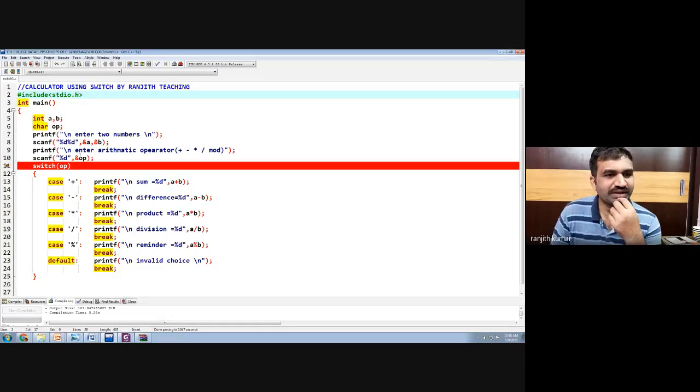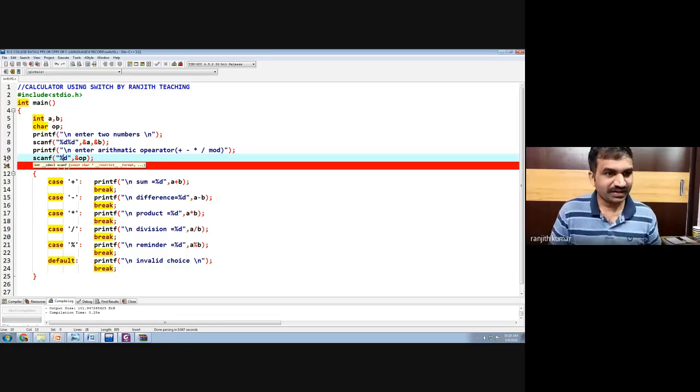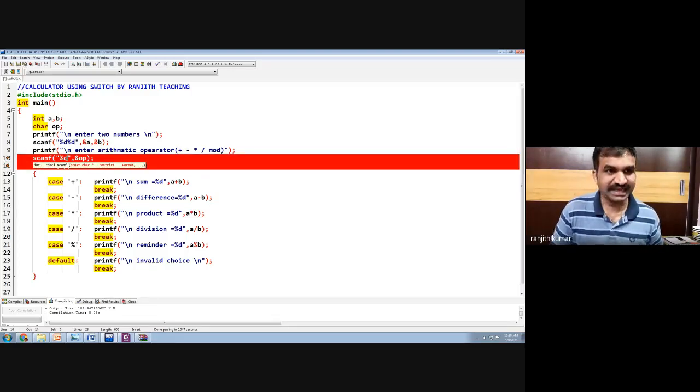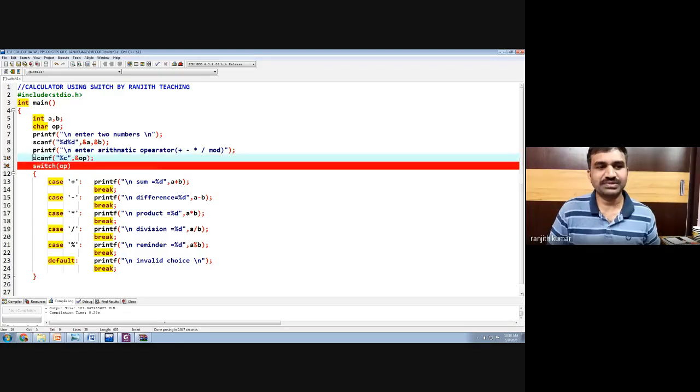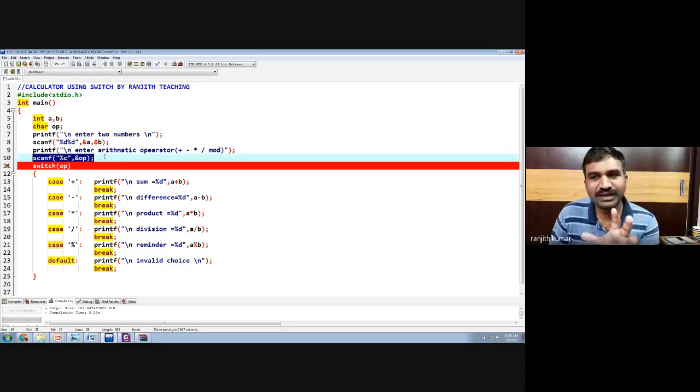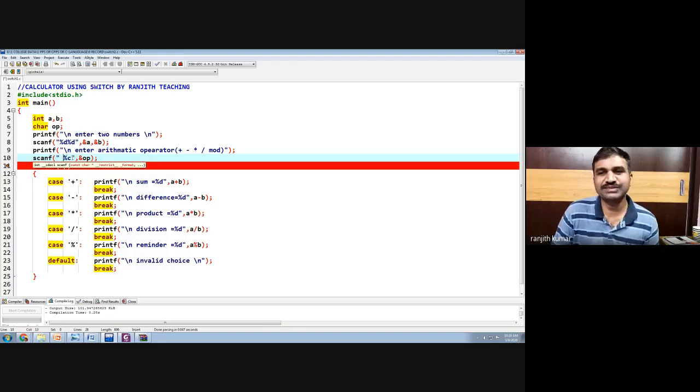So make sure you enter correctly. So sometimes what will happen, people? Make sure your character input uses %c as the format. In this program, these are the mistakes people will make. Always the character inputs must be taken with %c, and if possible, try to have a space so that if any buffer is left, it will be cleaned.